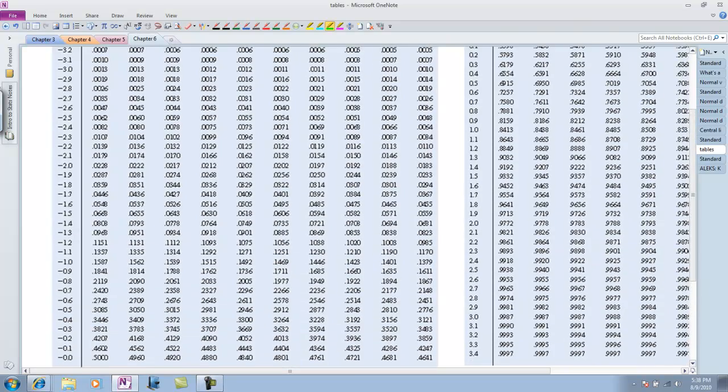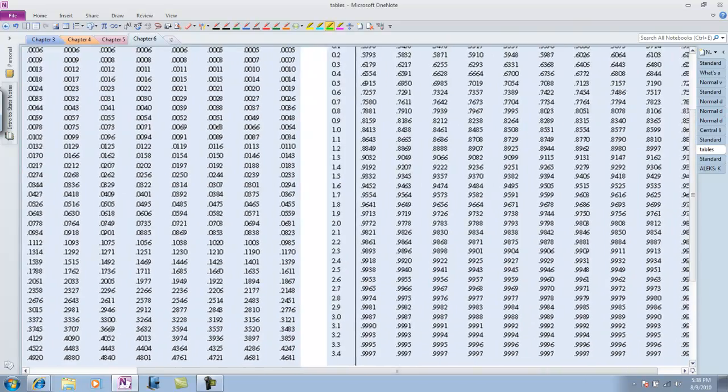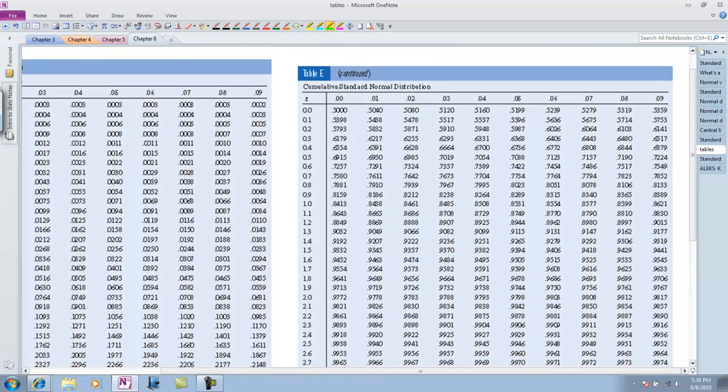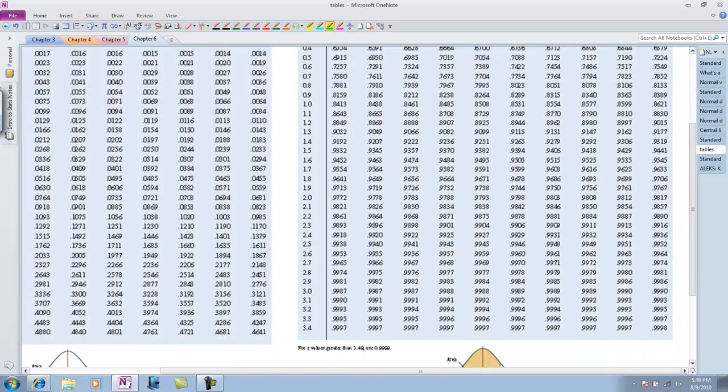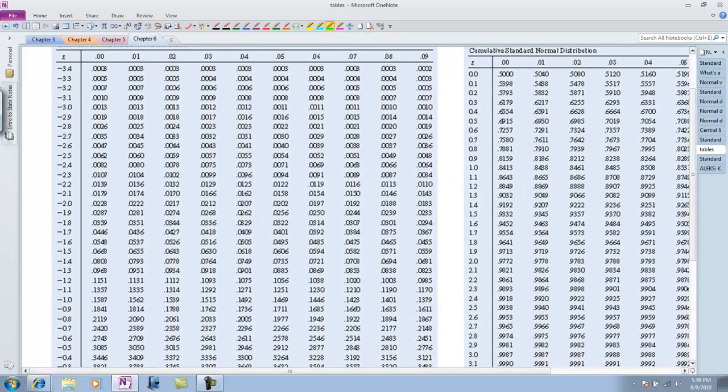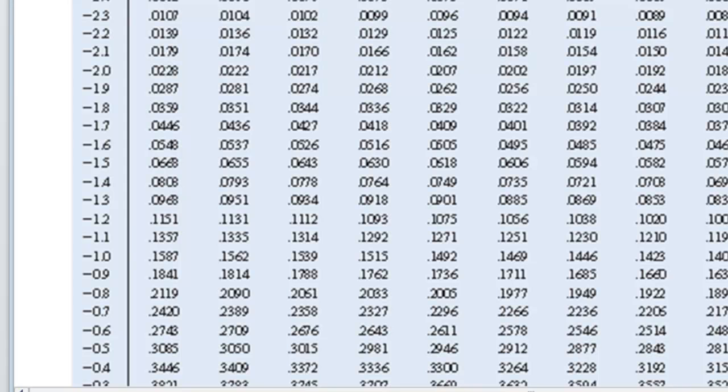And when you look at the chart on the right side here, you can see that all these values are greater than 50%. So we don't want any of those. We want one that is less than 50%, specifically that cuts off 15% of the area. And so I go through these and I look, and I see a 13 here, 15 there. I don't want 15.87, I want less than that. So I look across and I find